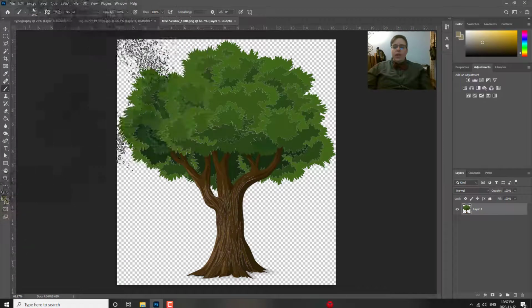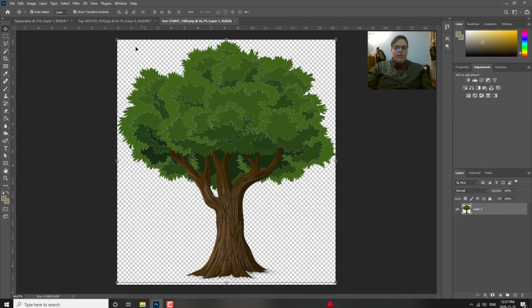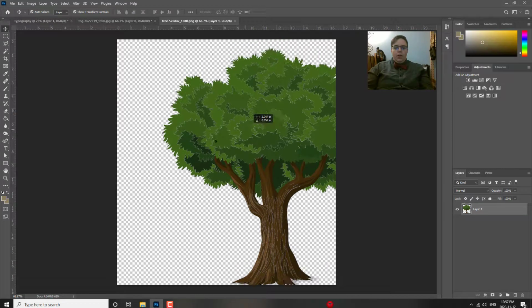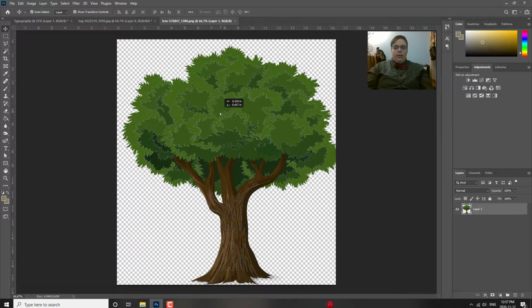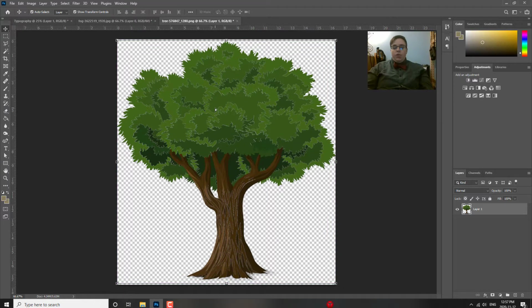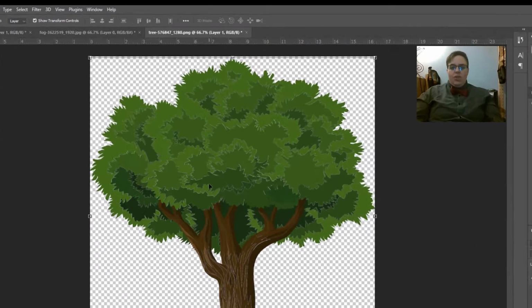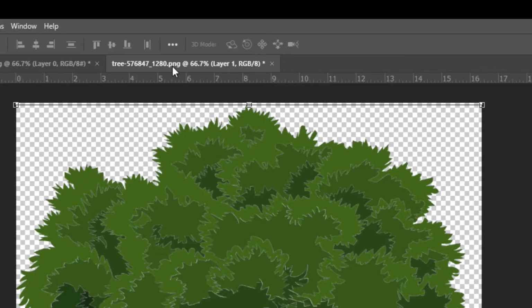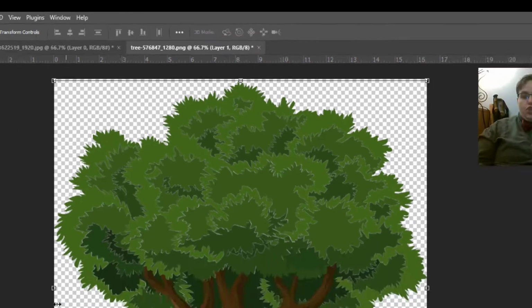So in order to do that, you want a transparent image. So you can see that this clip art image is transparent. It's got the checkerboard behind it, and I can move it around, and it's not a false checkerboard. Because sometimes when you pull in images off the internet, the checkerboard is actually part of a JPEG, and then it's not actually transparent. Transparent images usually have the ending, and you'll see it up here, .png, and that means